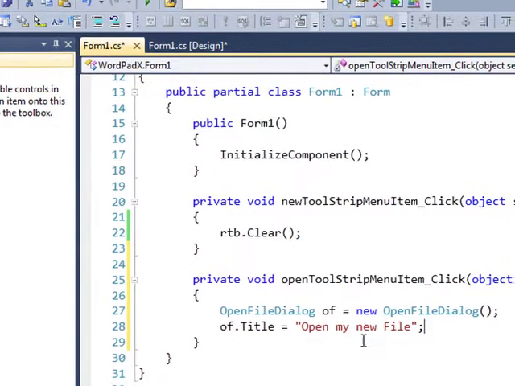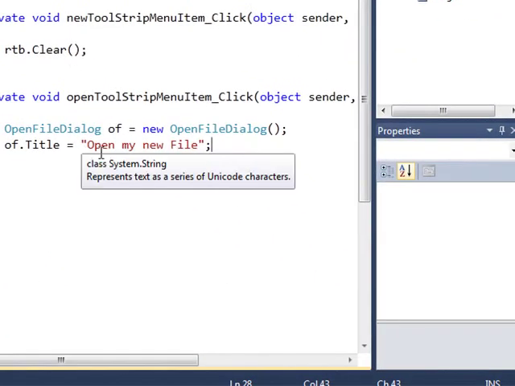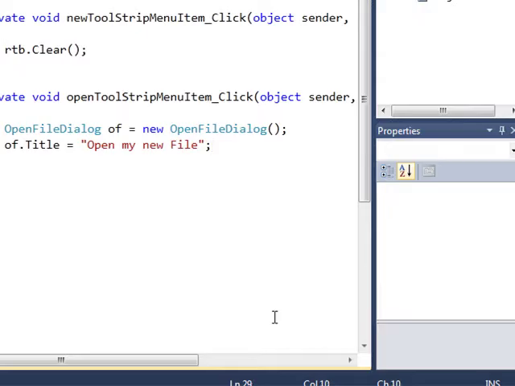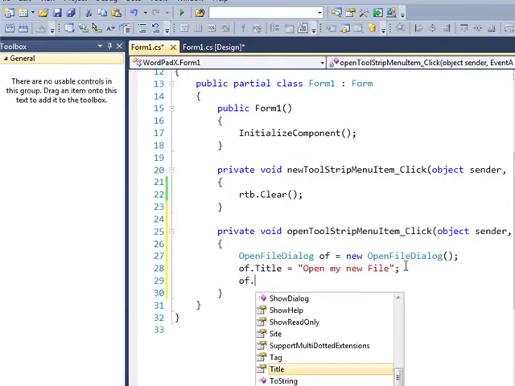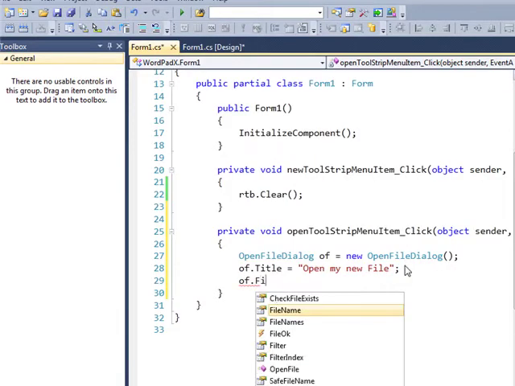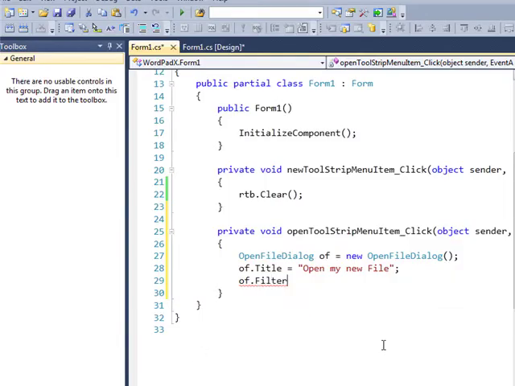Okay, I just put it in so when I use the open dialog box, I'll be able to see that text. So I also want a filter. What type of documents am I going to bring in? So the filter, okay, and again, this will be set to